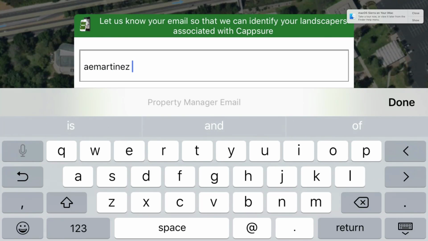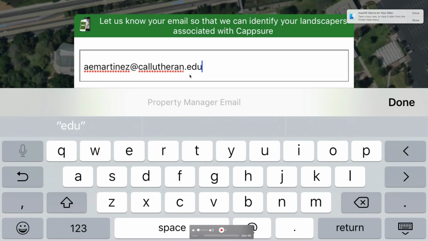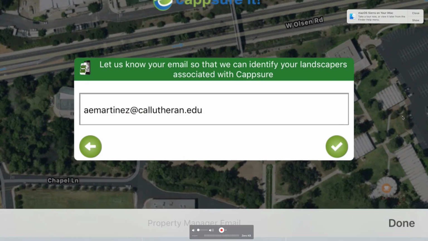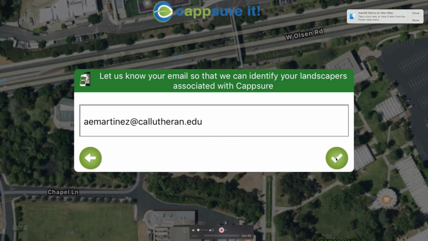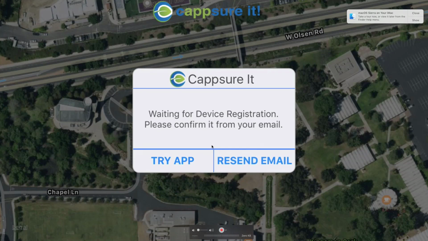Once you do that, the one I accepted it with was aemartinez at callutheran.edu, which is present in the video right before this. You click done and click the checkmark box. And then all you have to do now is just click OK and